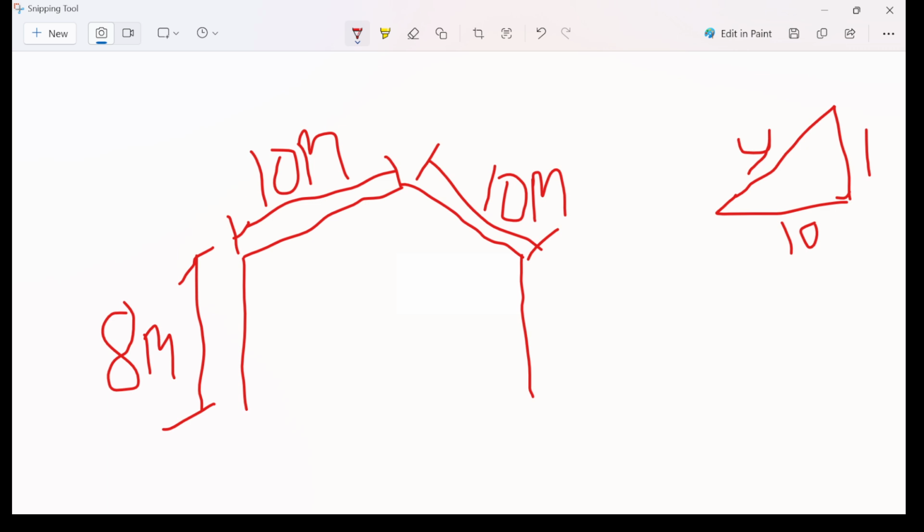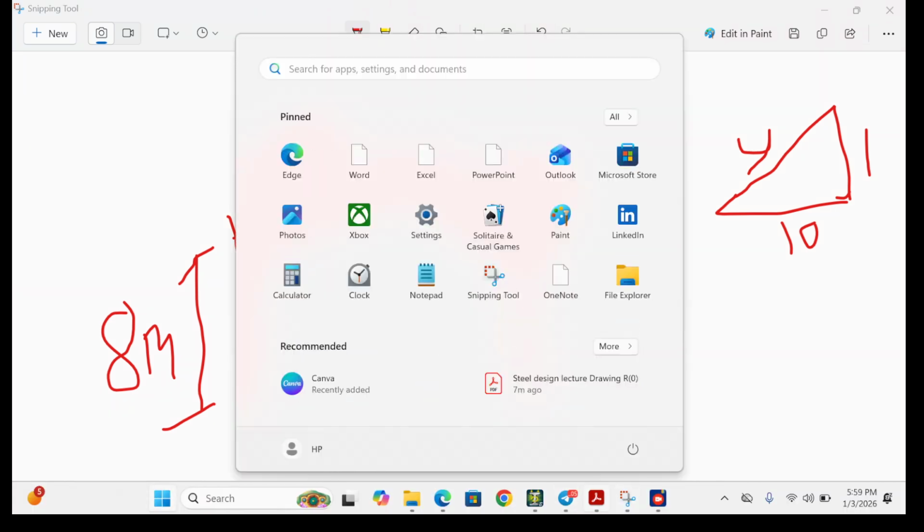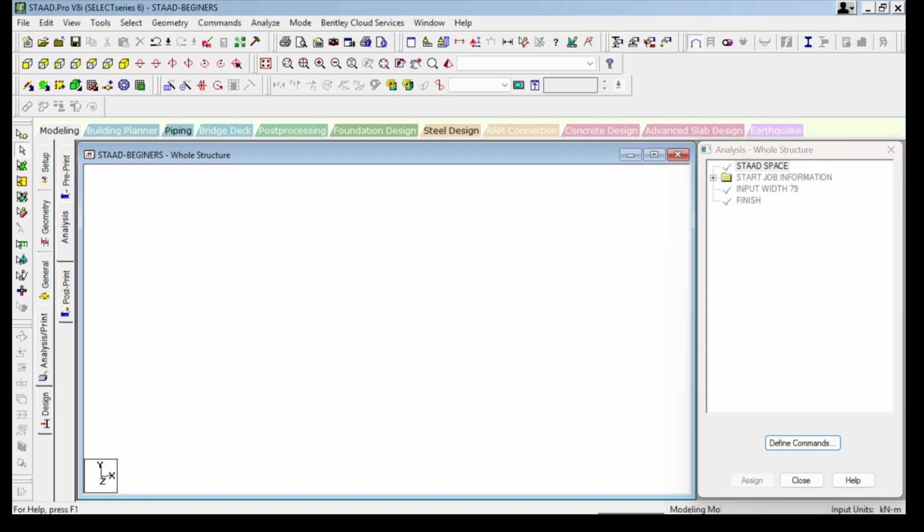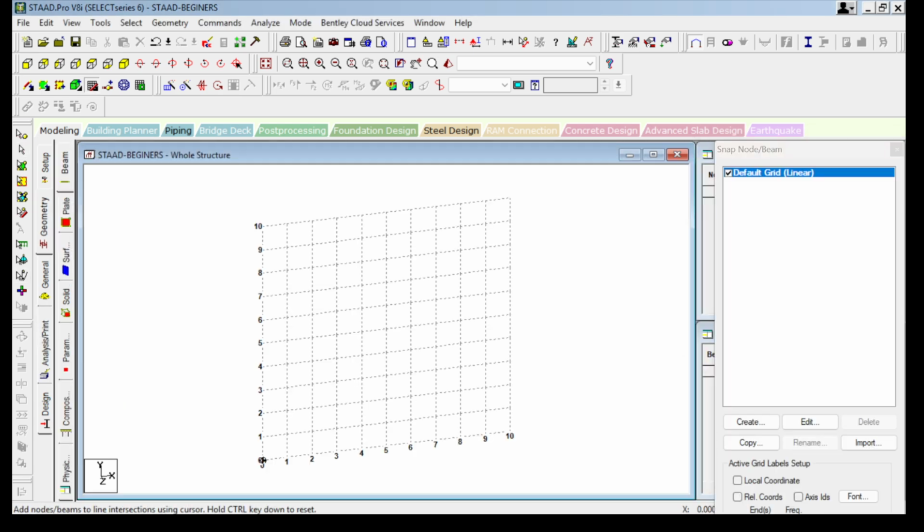Please pay very close attention to what I want to do. Let's start with the height of the stanchion, which is 8 meters. How do we go about that? Let's bring back our geometry.